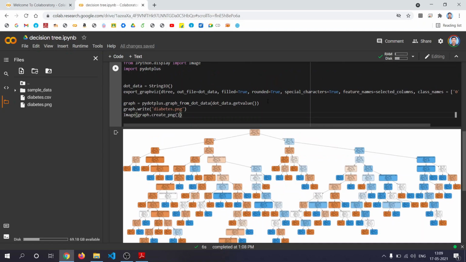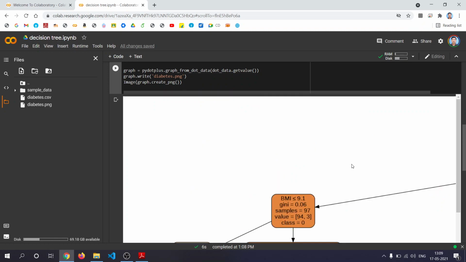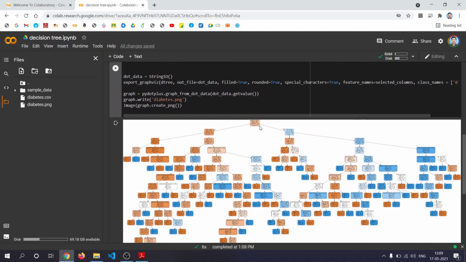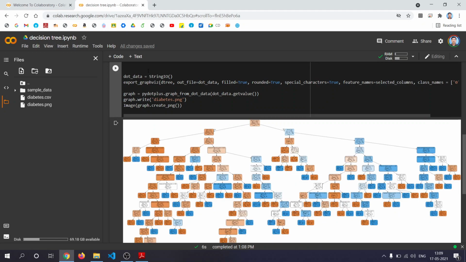So your decision tree is this. So this is the root of the tree. The root of the tree was showing glucose. We'll see a small tree by using another example.